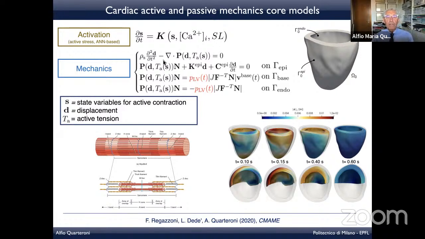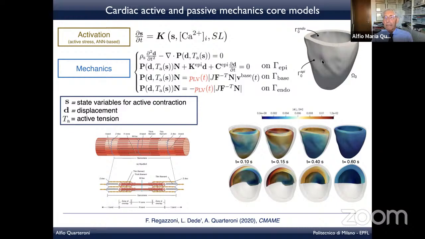Then you have the standard equation of elastodynamics for the passive mechanics. You have the Piola-Kirchhoff tensor here, which depends on the deformation, d, and on the active force that is generated at this level here. And you have non-conventional boundary conditions that have to take into consideration the fact that the